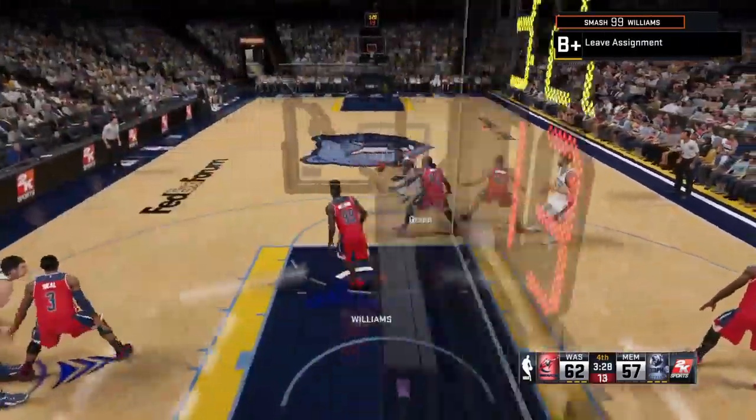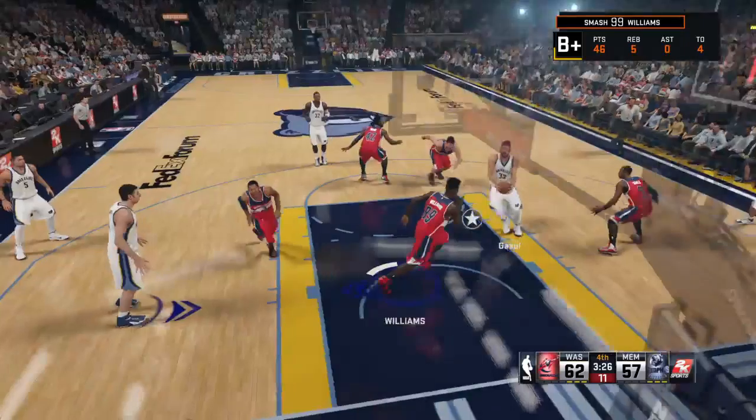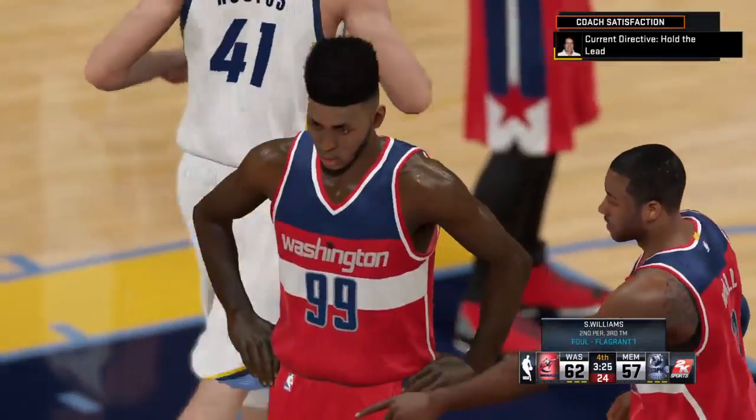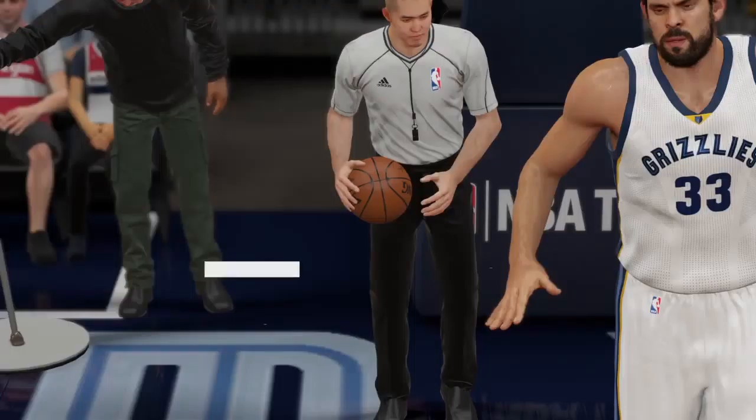Gasol, a screen on Nene. Green, the pass to Gasol. And he overdid it there. Too much force, it looked like, on the foul, and he's called for the flagrant. He really didn't give the